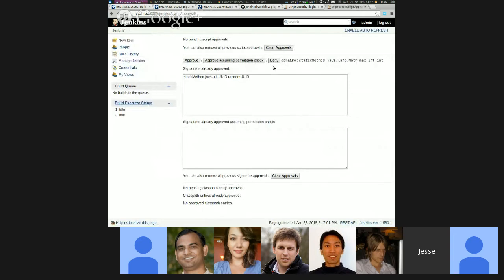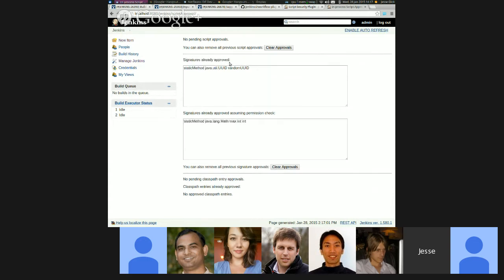So when you're offered to approve it, normally you just click approve if it's in fact harmless. There's another option here, which is approve using permission check. And this is a little bit trickier. You would never want to do this for something in the Java platform. But this would be used for a method call in Jenkins core or plugins which already does an access control check. So something like,